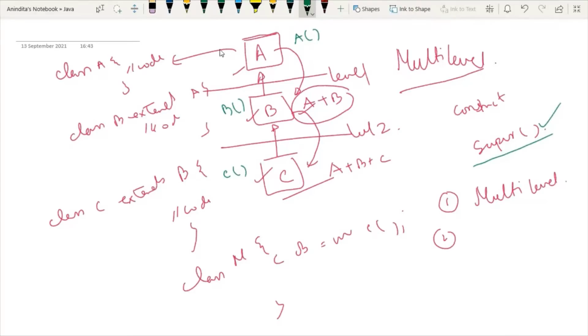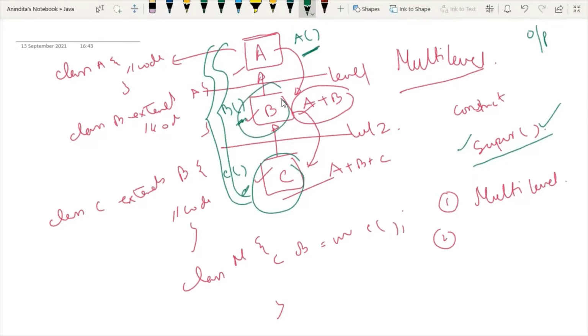So now, without any keyword, if you have multi-level inheritance and only constructors, then what is the output order? Will the output of class C be displayed first, then class B, then class A, either this way or the other way? Which is the order of output?